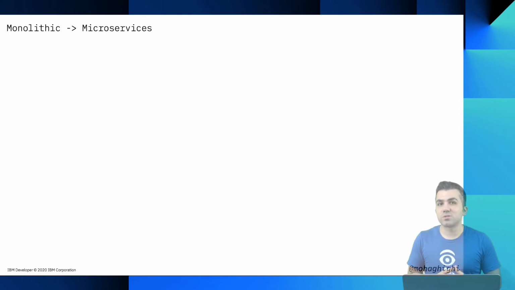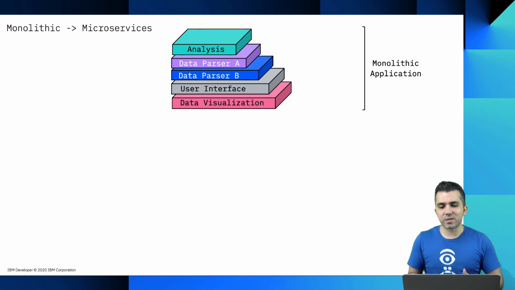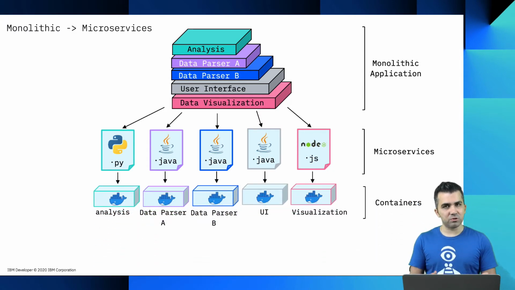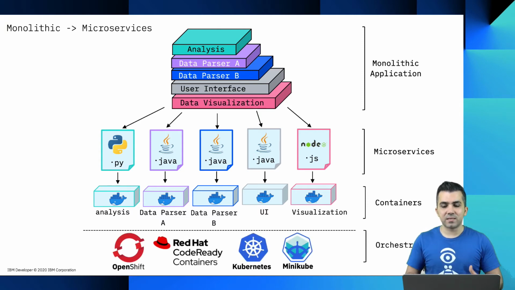This is how our course is going to teach you the steps involved in cloud-native development. I've already broken down the monolithic application I had designed initially into multiple microservices written in different programming languages. And then we're going to use Docker to containerize each one of those microservices. And then we're going to orchestrate them with Kubernetes, OpenShift, and CodeReady Containers. So you'll learn all the scaling, managing, and deploying of those containers using those platforms.